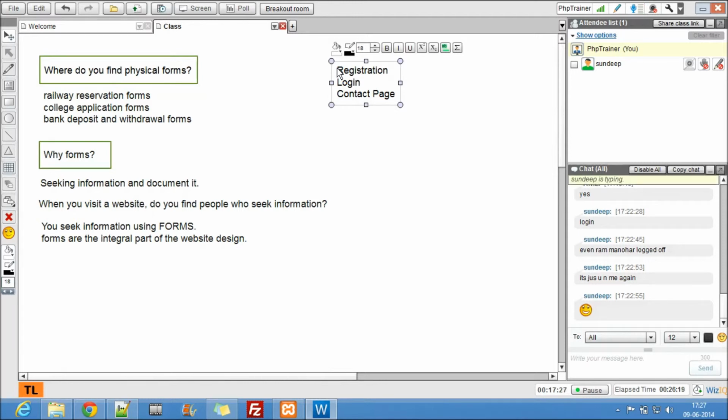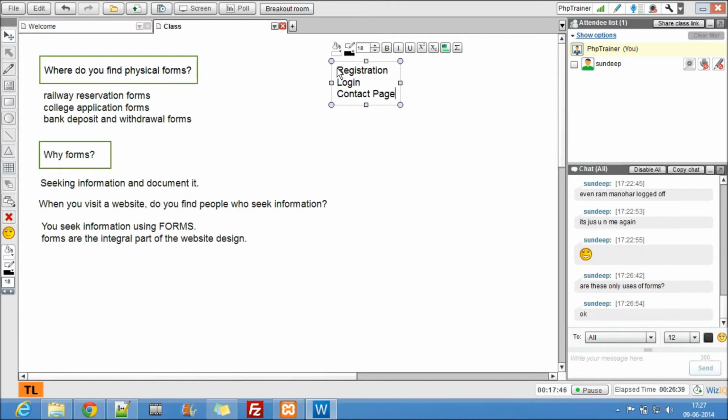I can literally see the contact page information whenever someone submits it. There are so many uses. I'm giving a break with these three examples of the kind of information we can deal with in forms.